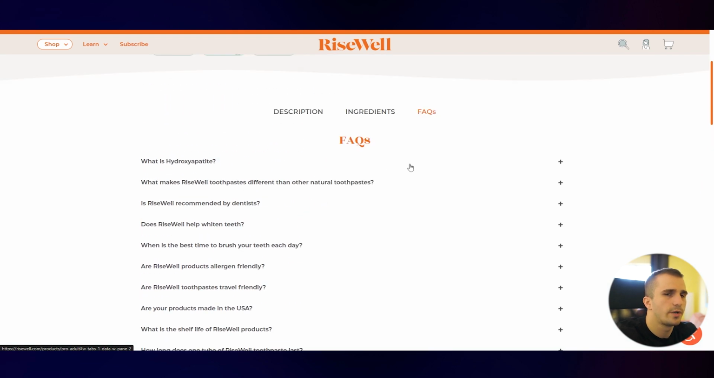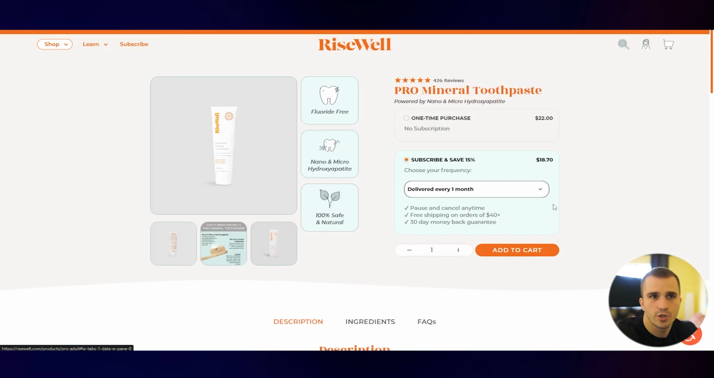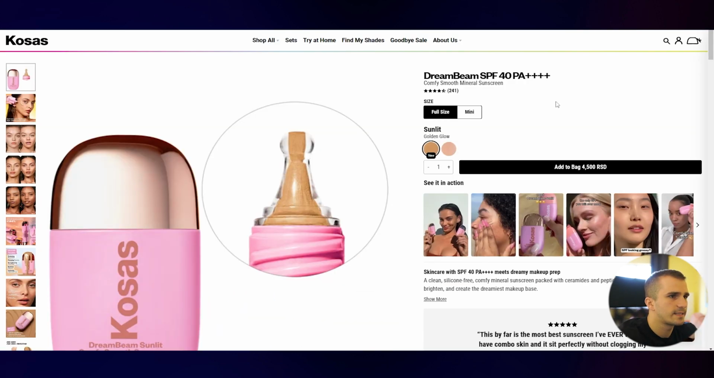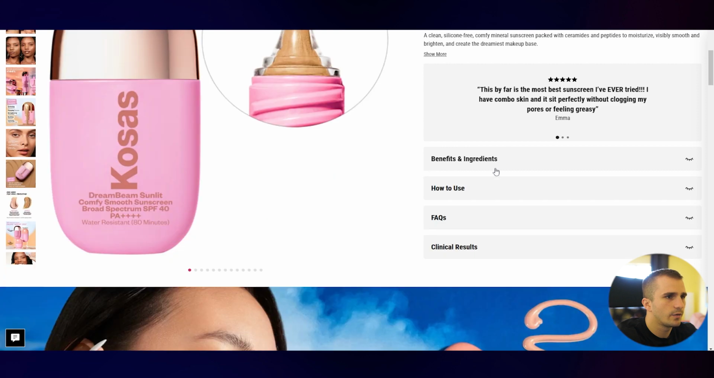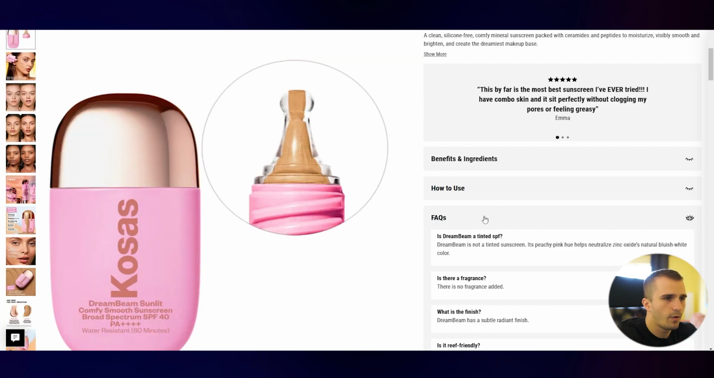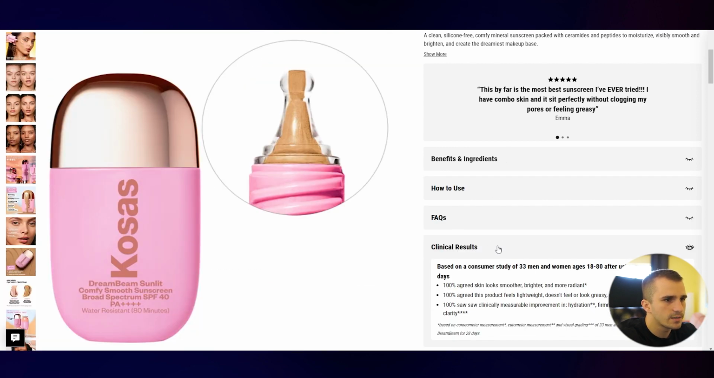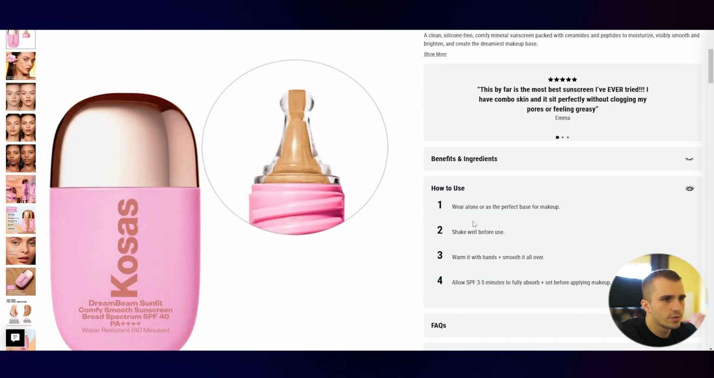These are the most commonly asked questions. They have probably started from the most common one. And yeah, clarity over persuasion and nice design. The next example we have here is again some brand in the cosmetics niche, and as you can see, benefits and ingredients are right above the fold, FAQs again above the fold, clinical results here, how to use,